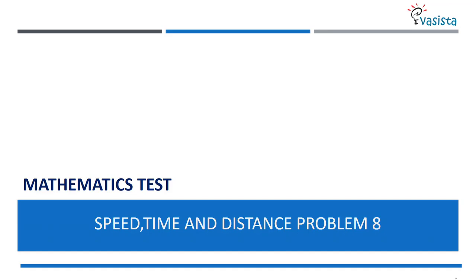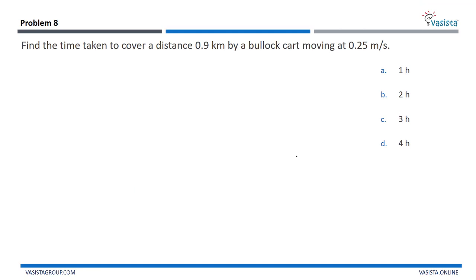Fine, this is problem number 8 based on speed, time and distance. Let us check this out. Find the time taken to cover a distance of 0.9 kilometer. They have given the distance, right? Let me write it down. The distance is 0.9 kilometer, by a bullock cart moving at 0.25 meter